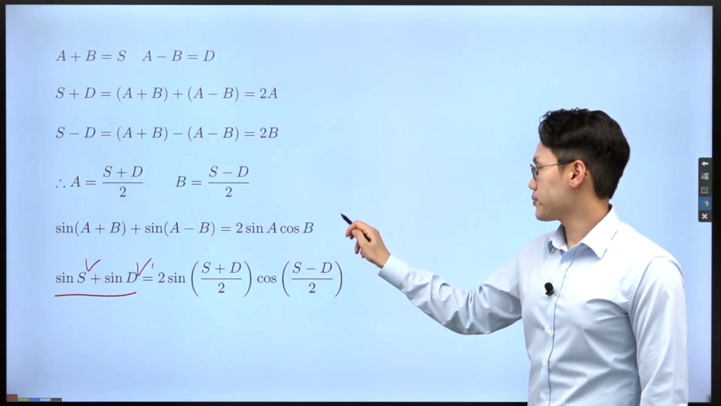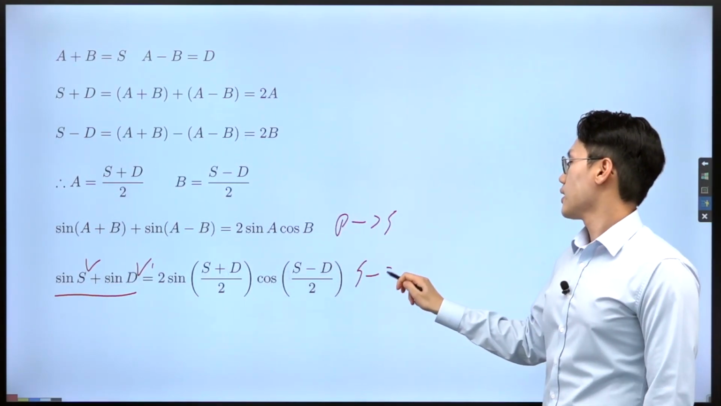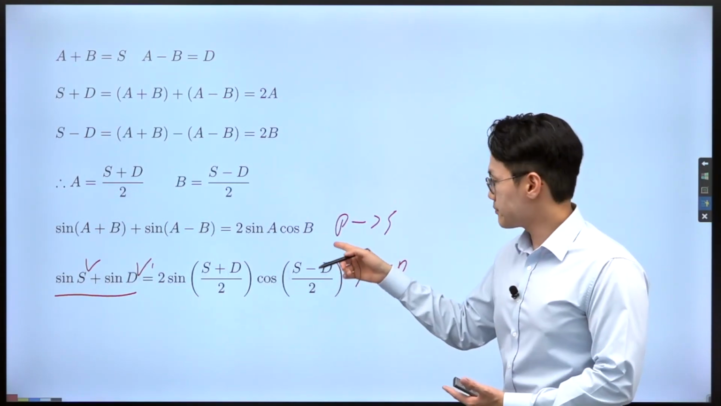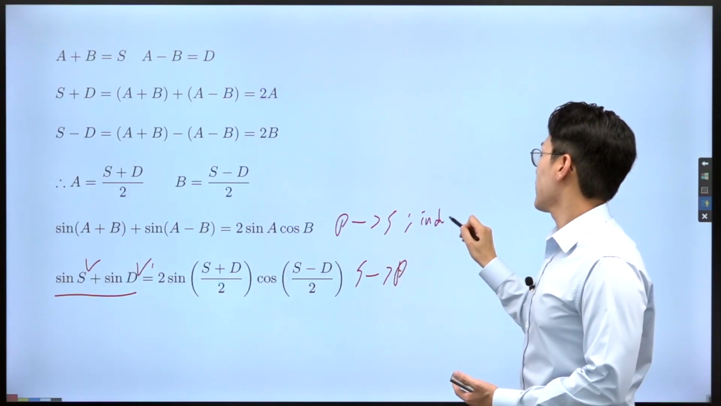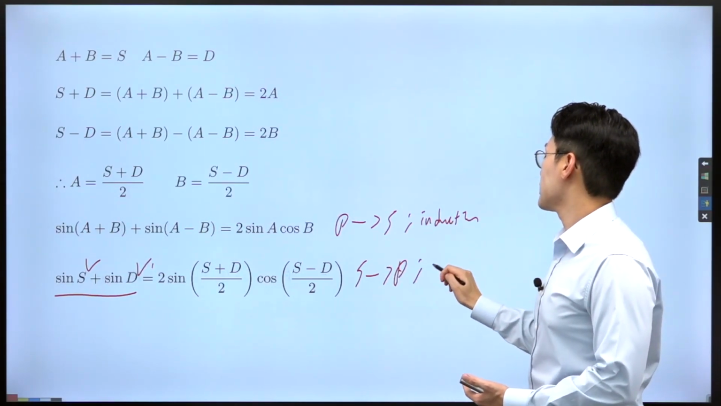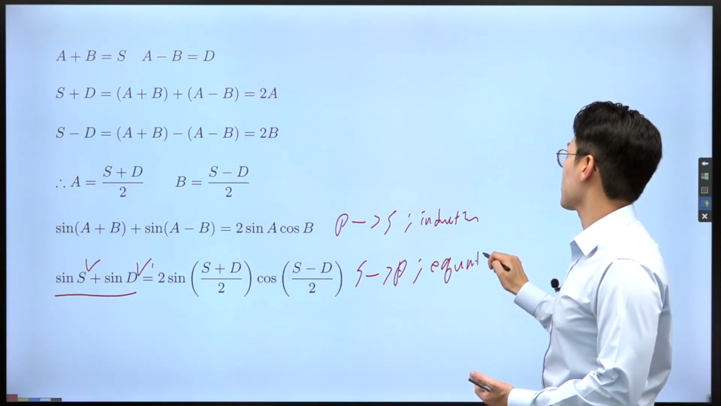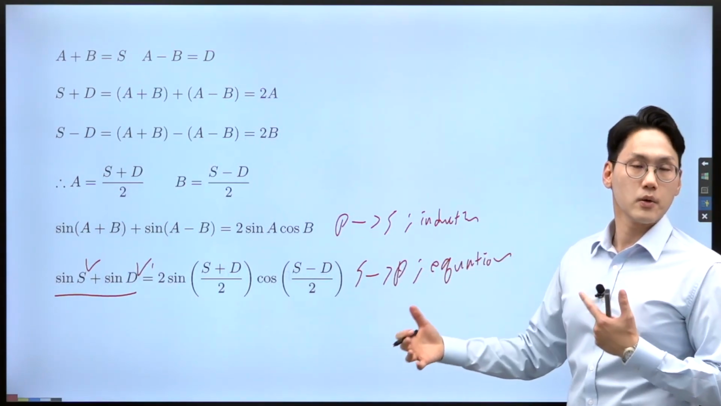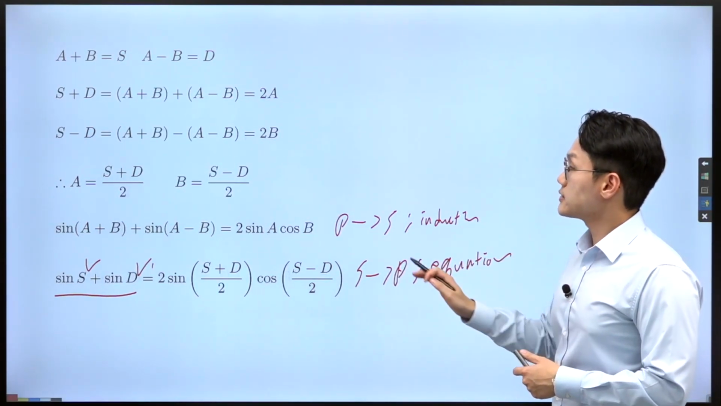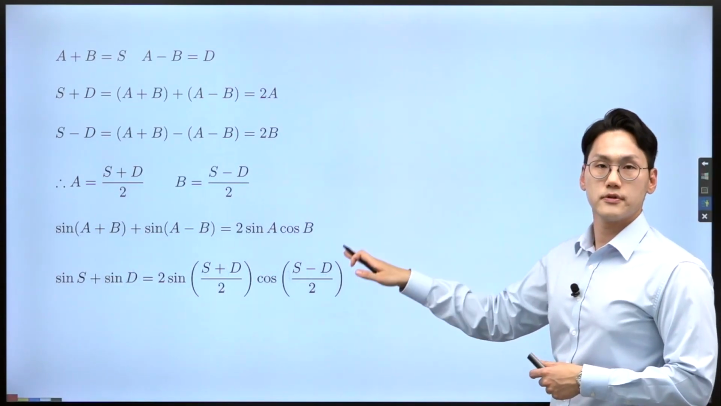So this is the product to sum. This is the sum to product. And often product to sum is associated with induction, and sum to product is often associated with equations because you want to make things a product. So that if you let this be 0, then one way or the other has to be 0, right? So this is the technique that I'm going to use for proving the